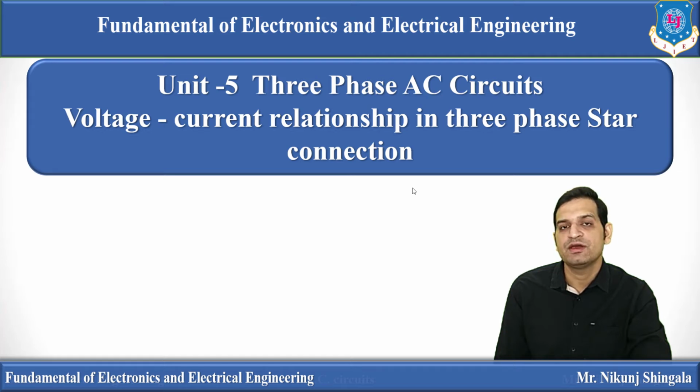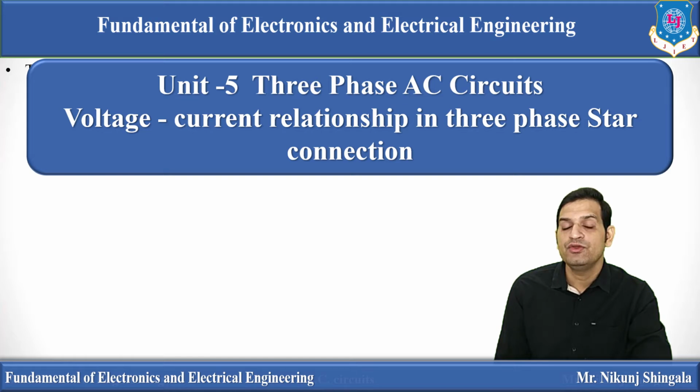In the previous video lecture, I discussed the generation of three-phase alternating EMF. Three coils are required for generation of three-phase EMF. Now, these three coils may be connected in different ways, and based on that, they may be classified into two parts, that is star connection or delta connection. In this video lecture, I am going to discuss the star connection, the three-phase star connected system.